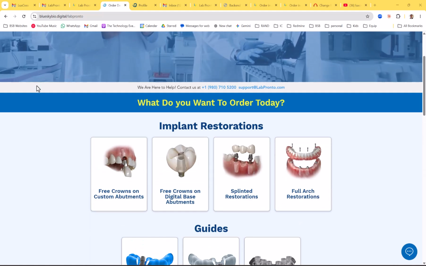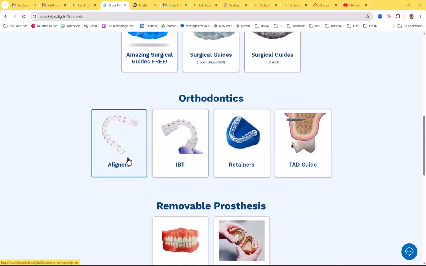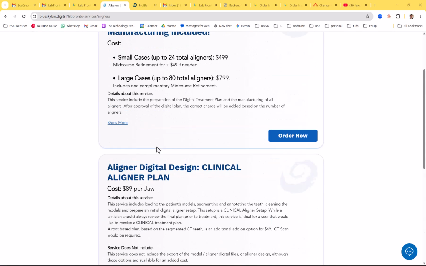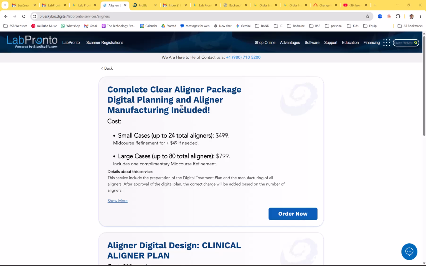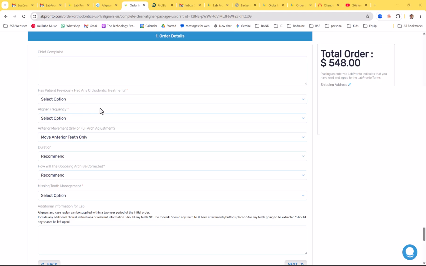And we have different products and services that dentists could order. So we have our option for liners. This is our current pricing, but we could add an option here for printable direct print liners and have this be a service. And then they click order now. They fill out the prescription form, they place their order, and then it gets sent to Lab Pronto for design